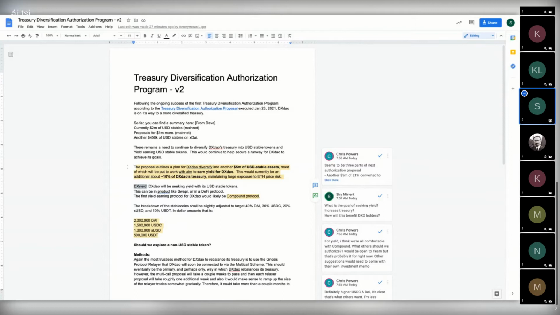And so this next proposal, we currently have about $2 million in stable coins, with the next 1 million to fill out to the 3 million in proposals that I think will be completed over the next couple weeks. Then we have about another 500 grand held on XDAI, and also in the swapper pools. Yeah, and then another 1 million on swapper. So it's 3 or 4 million basically, right? And so this plan would be for an additional $5 million of stable assets,